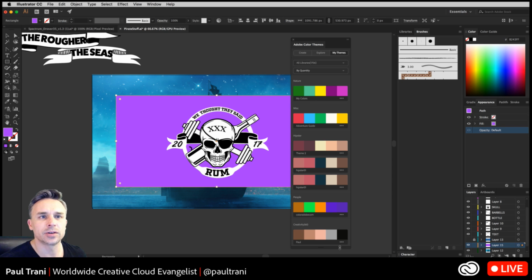And to answer your question about embedded images: yes, it makes the files less light. But if you're not embedding your images, you have to make sure you zip up and include the linked images, right? So there's a pro and con to it. It's sometimes just easier to have the one Illustrator file with the embedded images. Otherwise, you just have to make sure you include them.